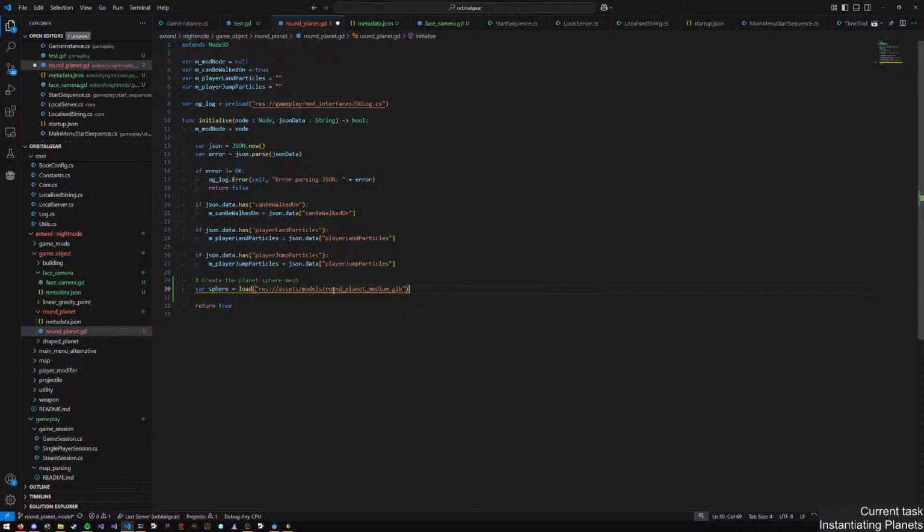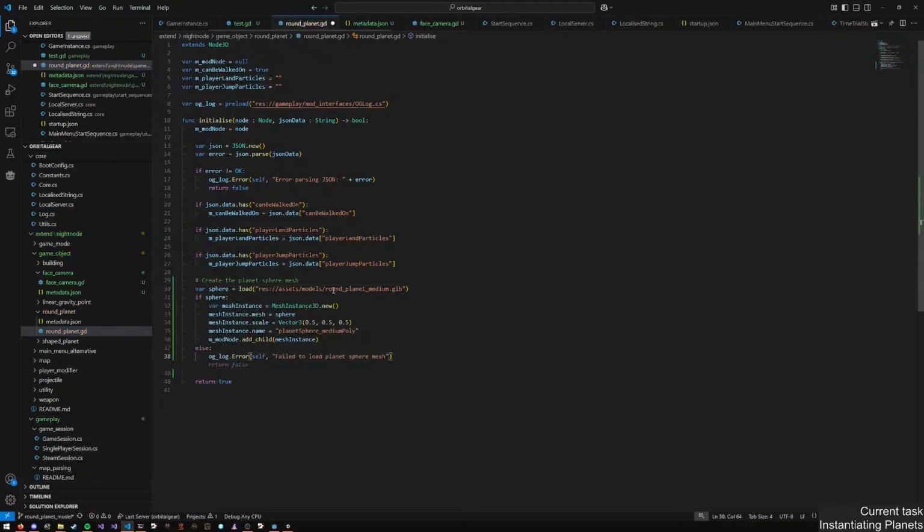GLB. Does this make sense? Mesh instance. I mean, this scale is not correct. I wonder if this handles collision. Like, this is part of the JSON